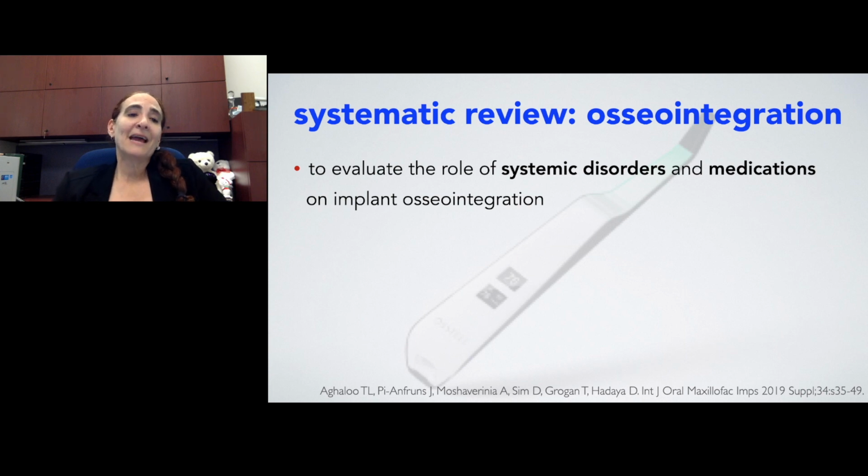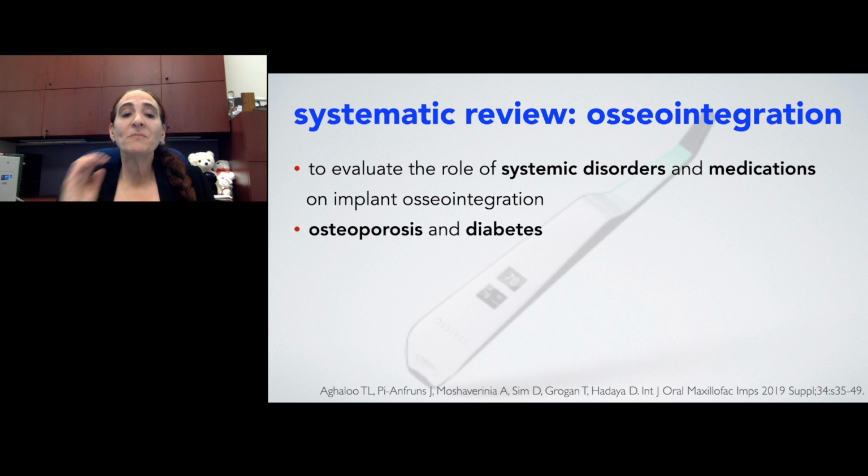So in looking at medical problems, this was a publication that came out of an Academy of Osseointegration summit where we looked specifically at systemic disorders and medications on implant osseointegration. And we mostly focused on osteoporosis and diabetes because this was really what the literature mostly showed in terms of